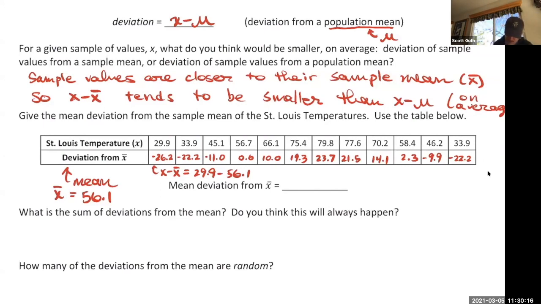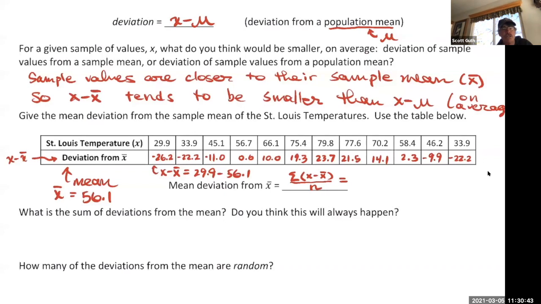So this would be the sum of x minus x bar. The deviations are all x minus x bar. So if we add those up and we divide by our sample size, which is n,